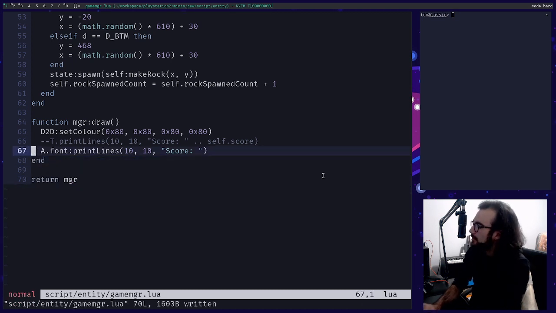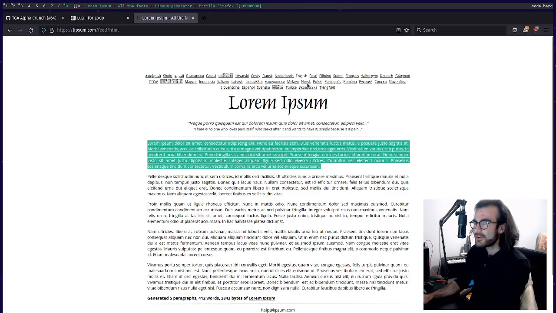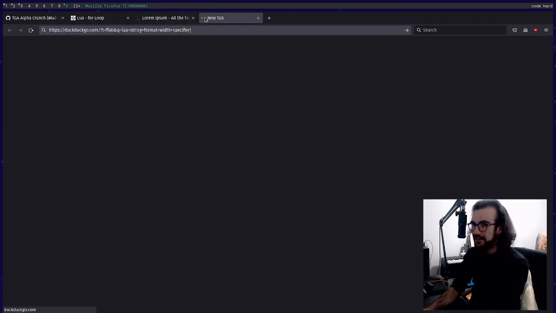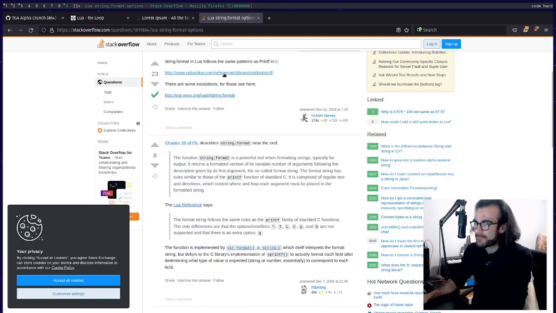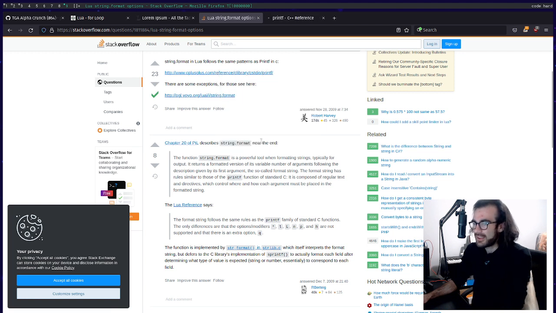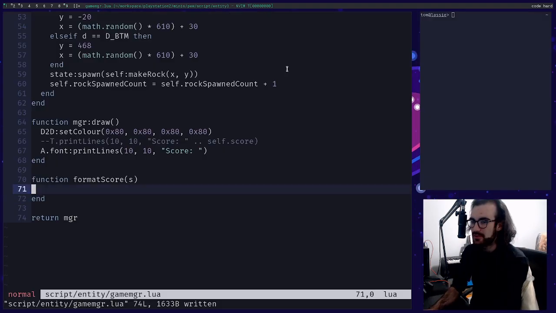Now, we need to format the score. So let's go function. Let's just first check Lua string format width specifier, right? Lua must have some. It does have string.format. Okay. String.format in Lua allows. Okay. So we can actually, well, this is less fun, but we should be able to go